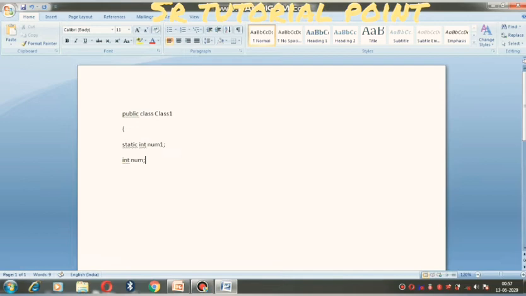Then I am declaring another variable here. Then I am creating a constructor. Inside the constructor, I am going to assign a value.